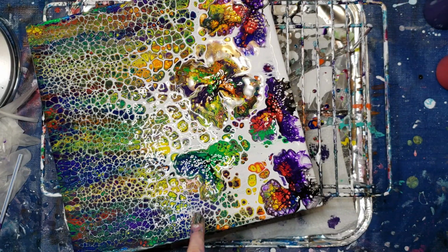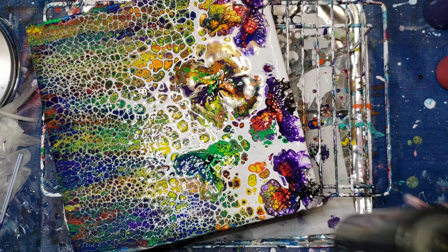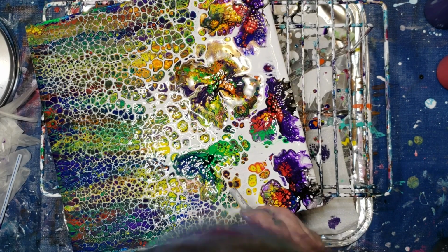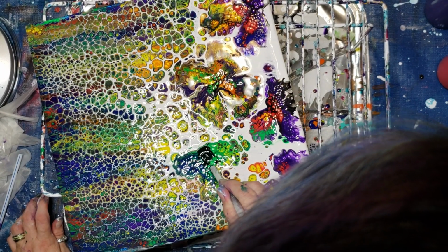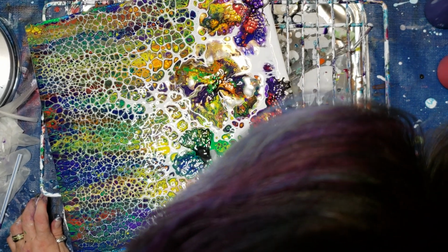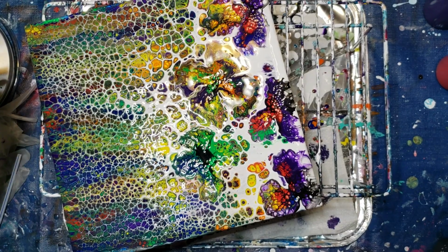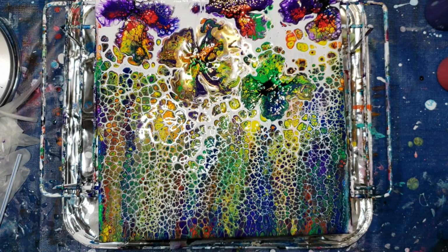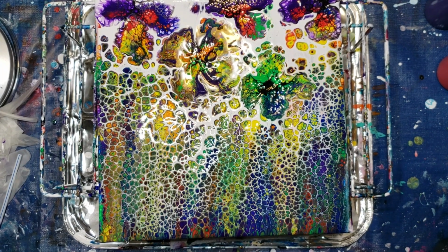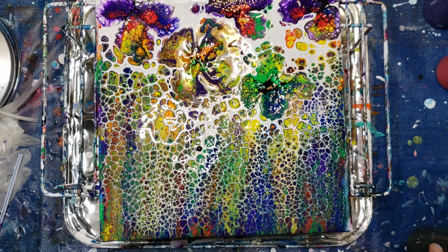And if you find you run out of black, you can put a little bit more in there, just so that you have some to make that nice lace effect. There we go. I don't know, do I need more? Let's do one more down here, right down in the midst of it. See if it...